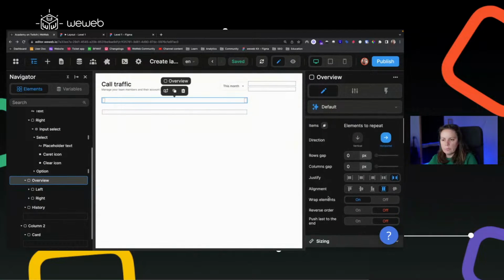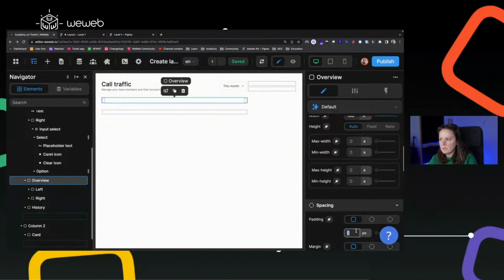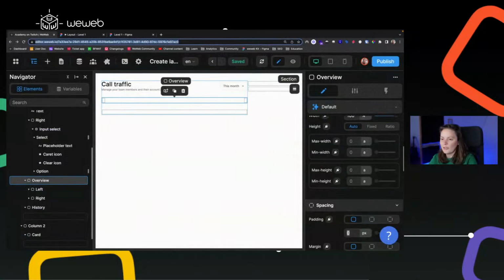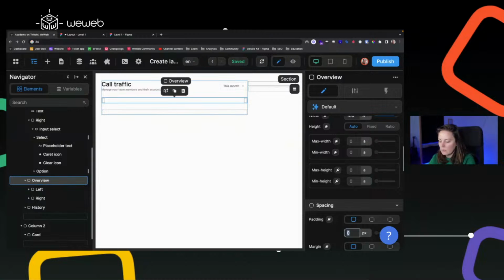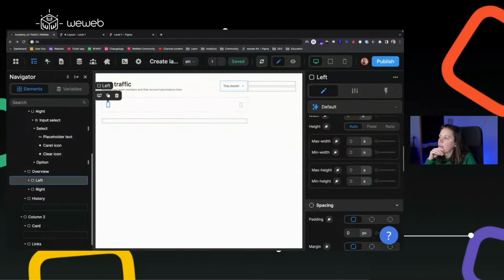So here on overview, we have padding of 24 that seems to apply to, oh no, sorry, it's on the left. No. Oh, sorry, it's on the overview. 24. Oops. 24. Boom. Okay, and left we have,